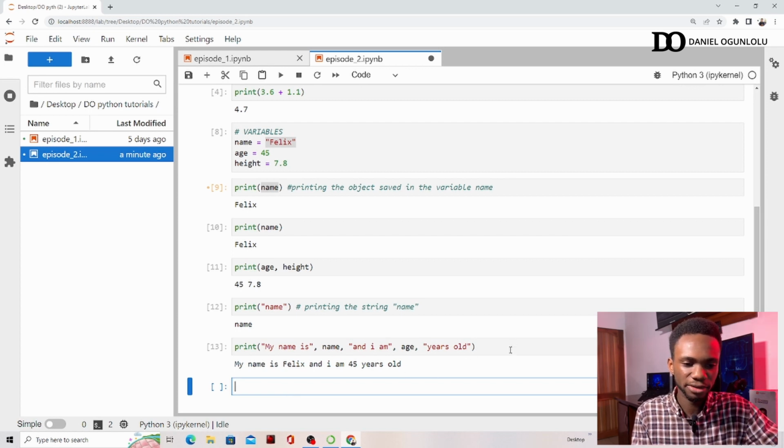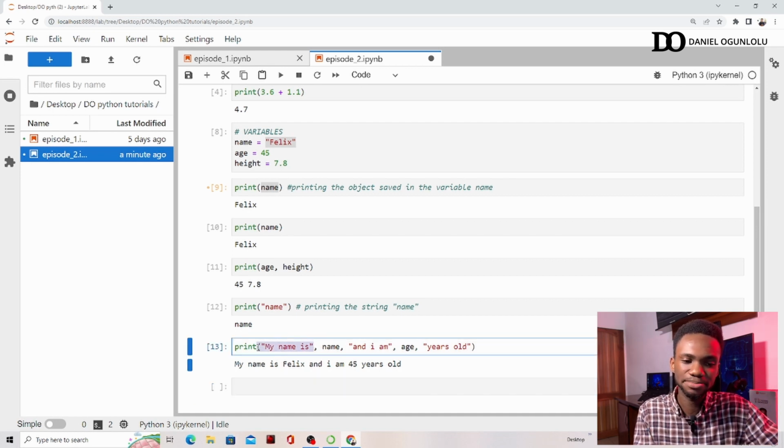I'm taking advantage of the fact that the print function can accept multiple arguments. So the first argument is "my name is", which is a regular string. This string is not saved anywhere in a variable. I'm just inputting it directly, right? There's a name, which is a variable. There's another string, a variable, and then a string. And this all will be printed as a single string, right? It's almost like a concatenation also. But the difference is that whenever you have multiple arguments passed to the print function, in between those arguments you get a space, right? So you can see that there's a space between "my name is" and